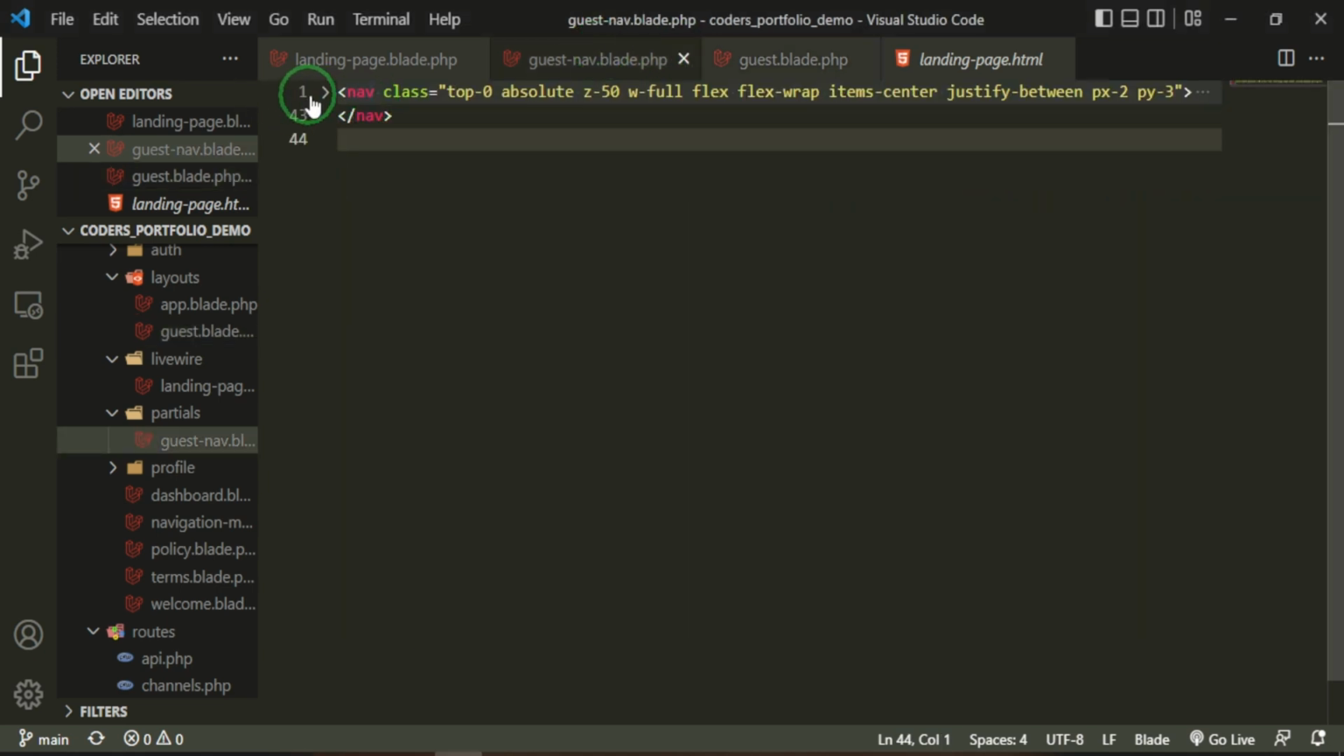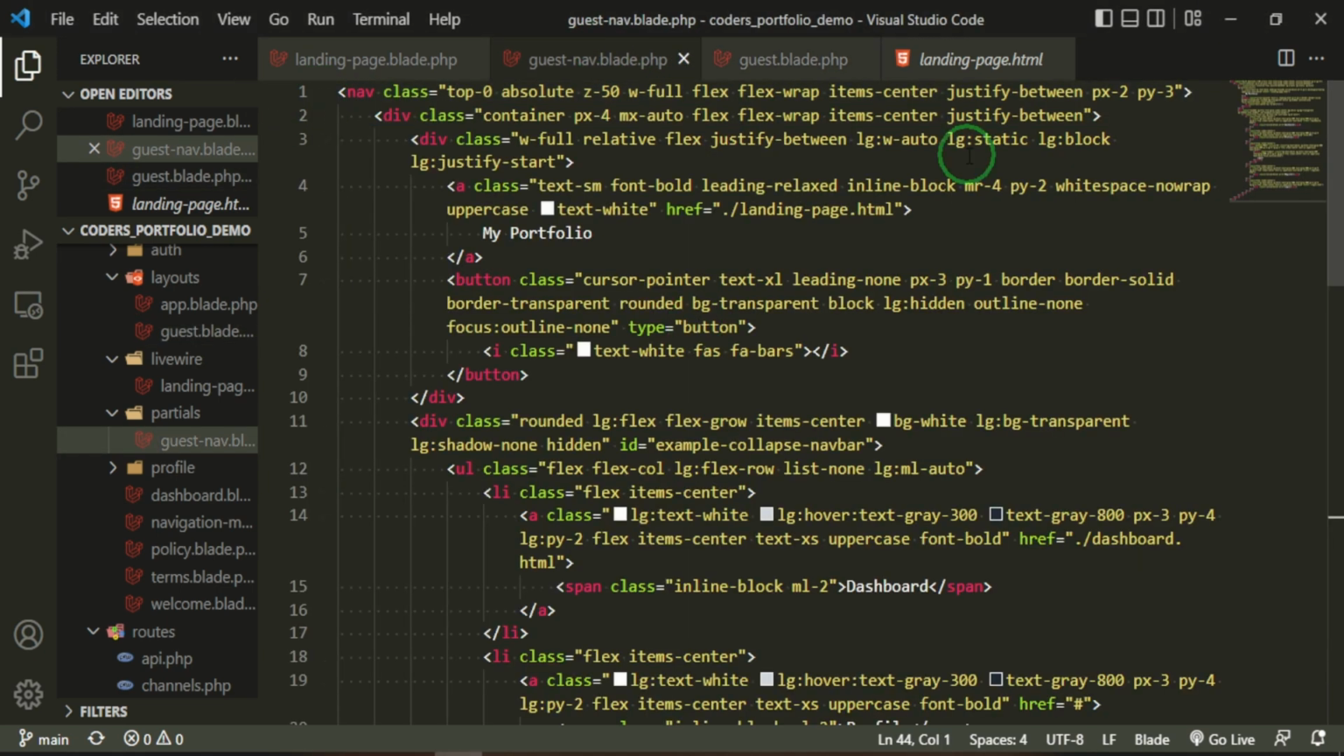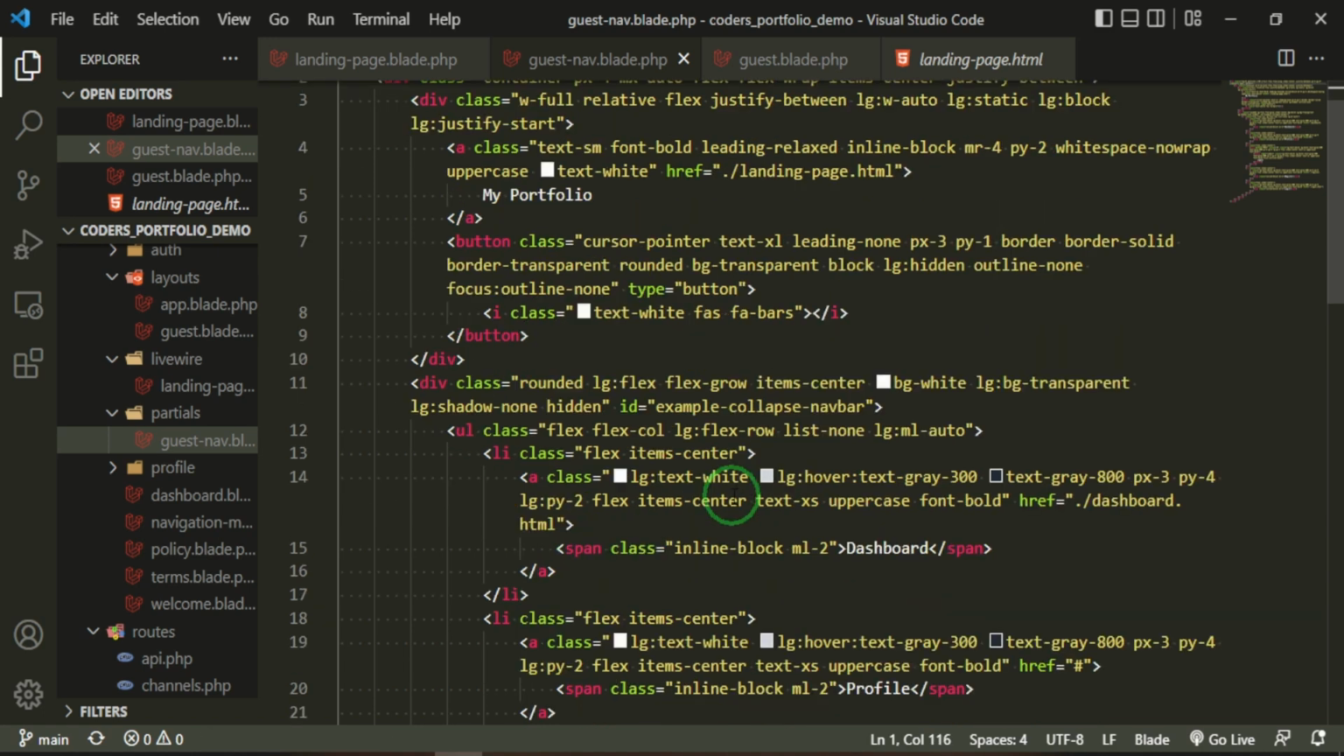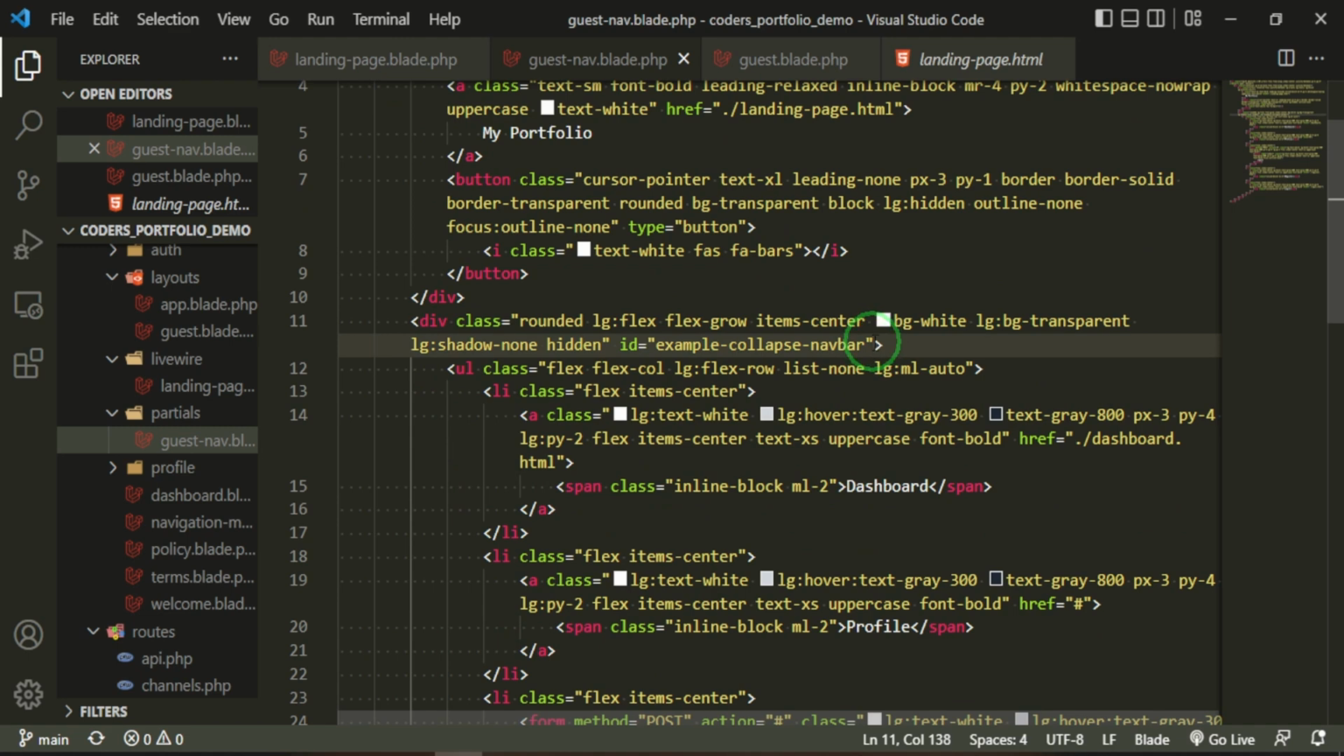If we head back to the guest nav blade, right up top in the opening nav tag that we have, we can do something called x-data. And what that's going to do is, anything that we need to use sort of an Alpine.js type thing for in this whole nav template, whatever we put in here can work for everything else in the partial. So for here, we're just going to say open is false, which means that right down here,